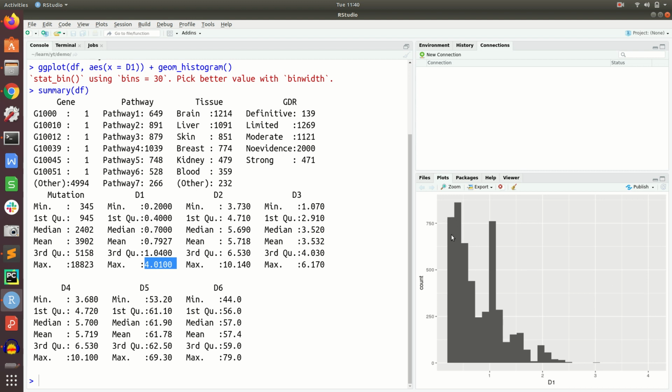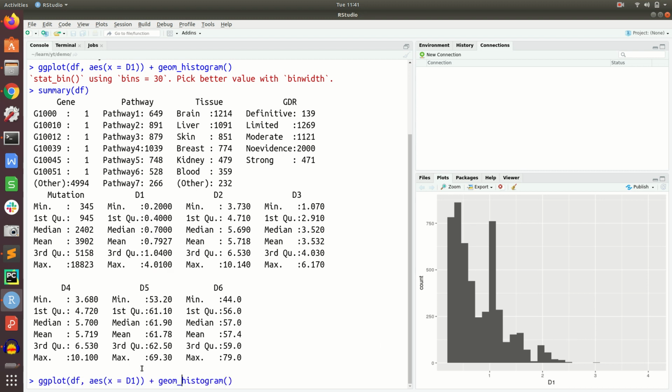We can see that there are some peaks in this region, which means this is a kind of bimodal distribution. There is a peak over here, followed by this peak, and a small peak over here and a small peak over here. So it looks like the majority of them are in this area, and you can see there is a right skewness. A histogram tells us a lot about the data distribution.